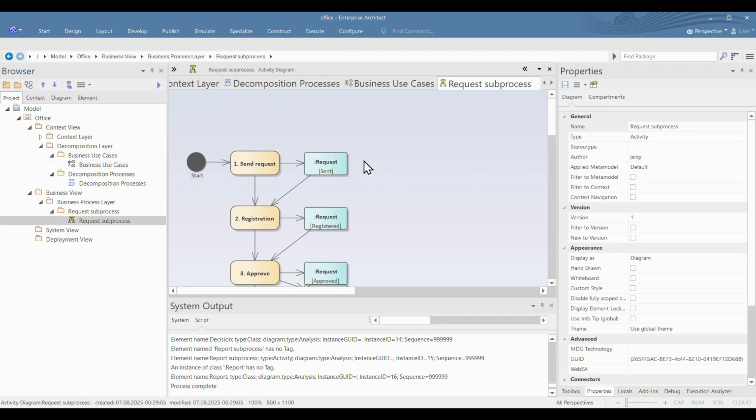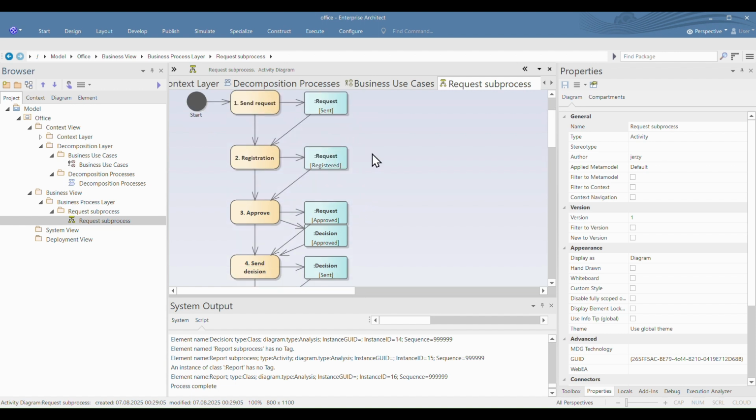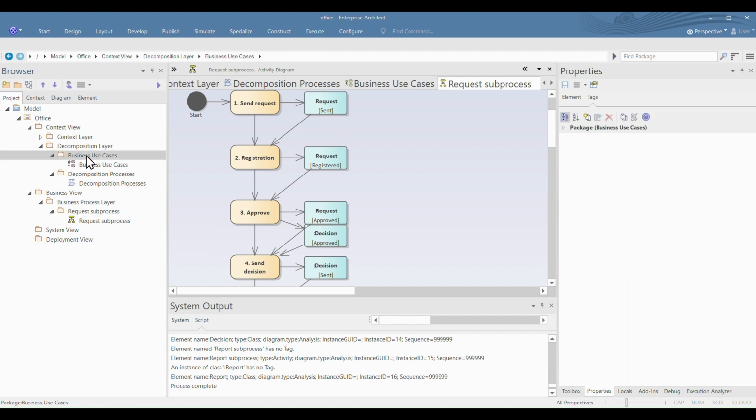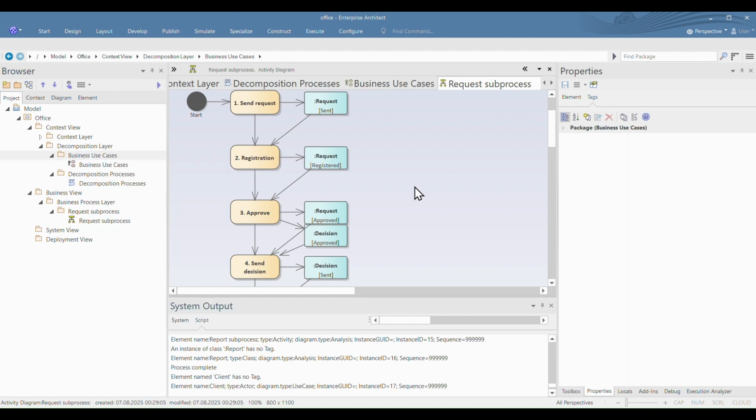If we now look at the business process, we will notice that there are no partitions. There are only actions linked by control flow and actions additionally linked by object flow. If we now run our script on the package containing the business use case diagram, after executing the script, that